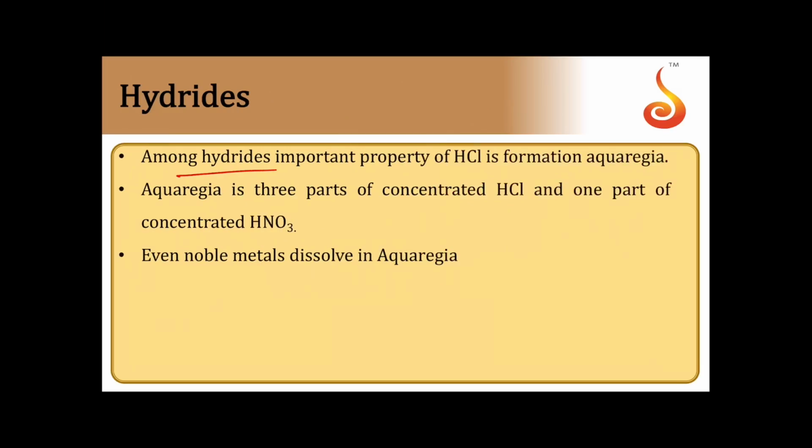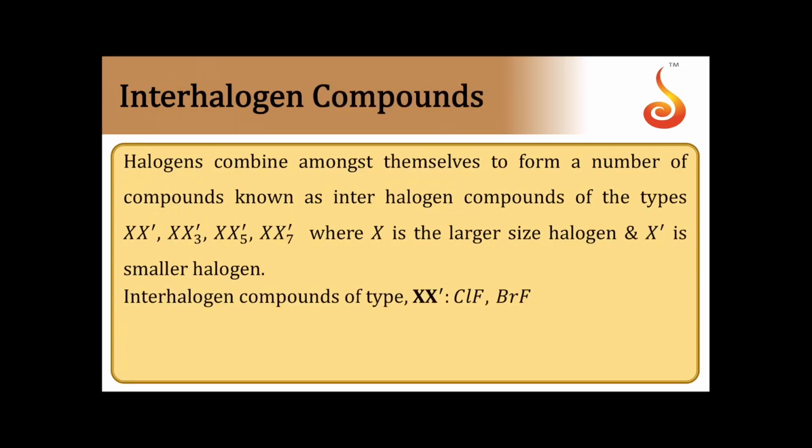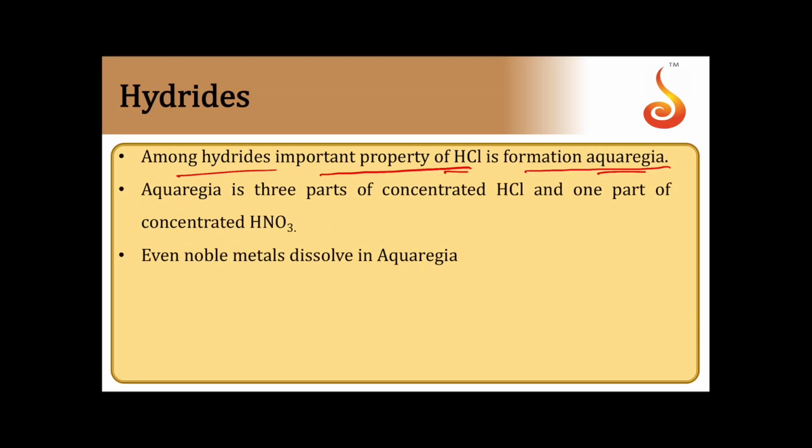Then among the hydrides, the important property of HCl is the formation of aqua regia. The importance of aqua regia is that noble metals also can dissolve in it. Aqua regia is 3 parts of concentrated HCl and 1 part of concentrated HNO3. So noble metals also